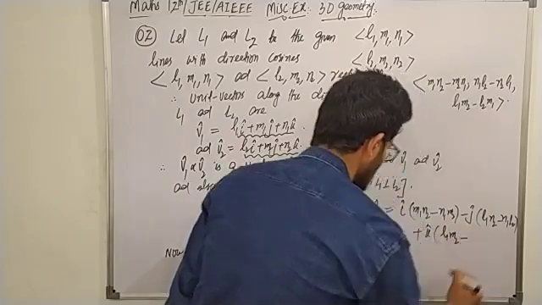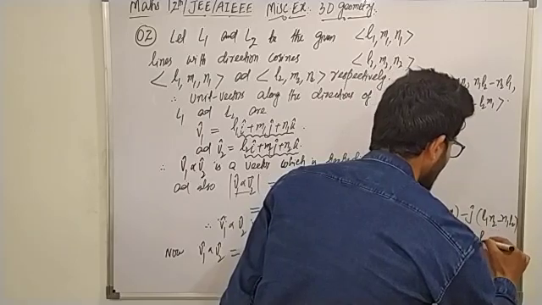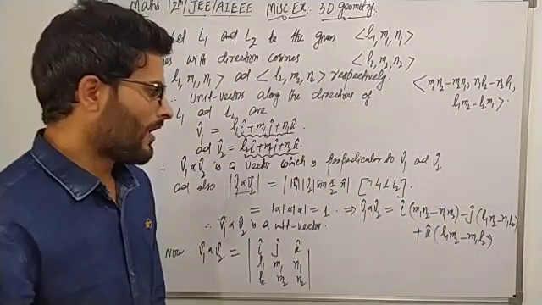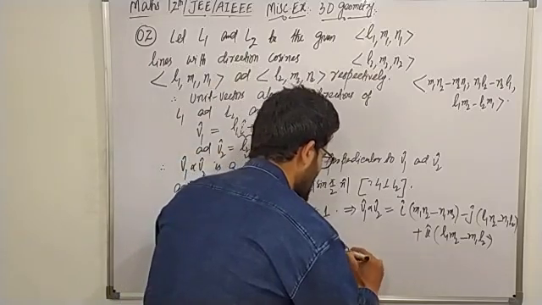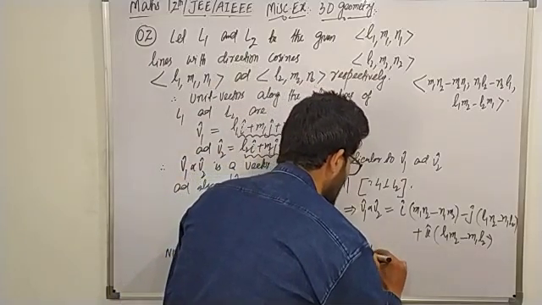So L1 M2 minus M1 L2. This is actually vector, or this can be further written as implies V1 cap cross V2 cap, cross product